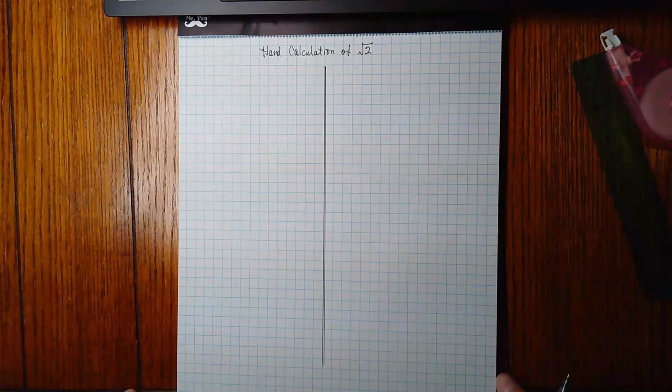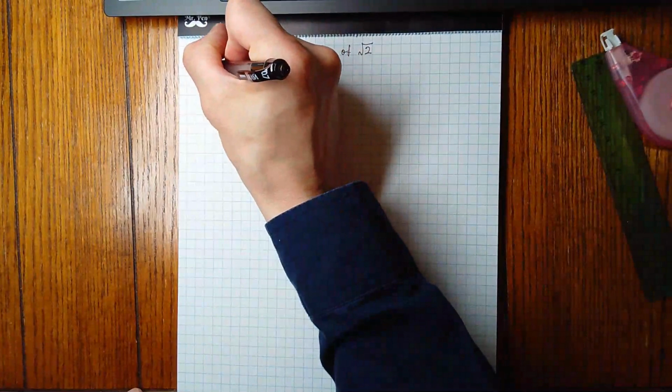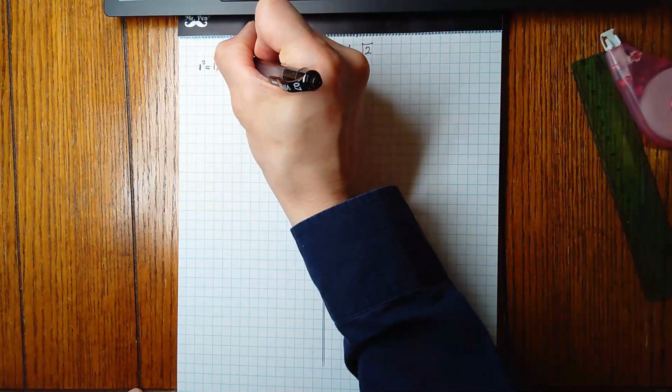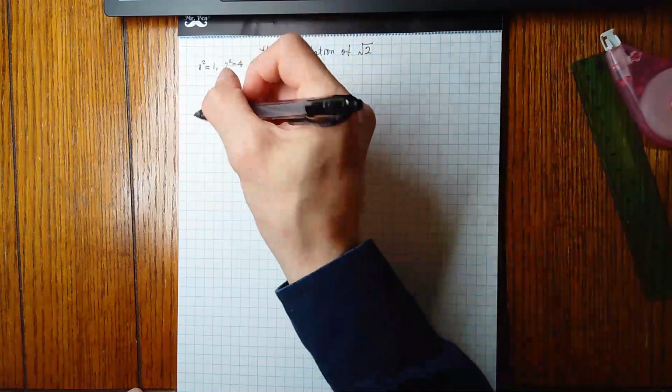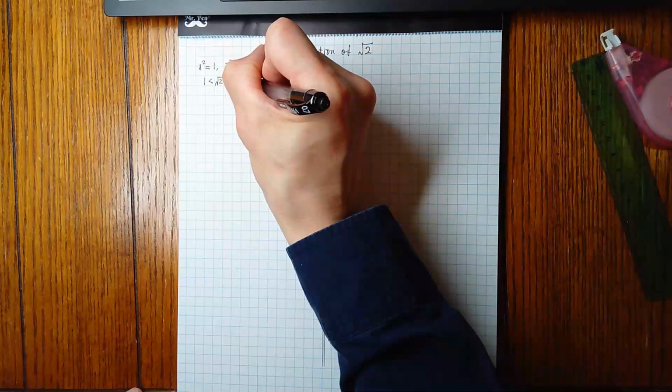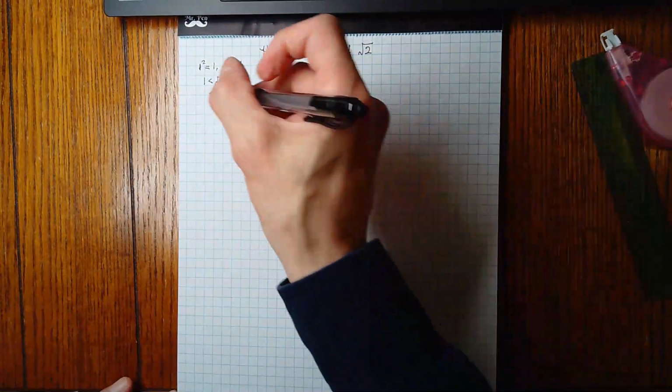Hi, in this video, we're going to do a hand calculation of the square root of 2. We know that 1 squared equals 1, and 2 squared equals 4. So the square root of 2 must be between 1 and 2. And now we're going to start with